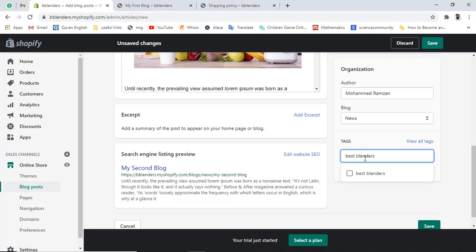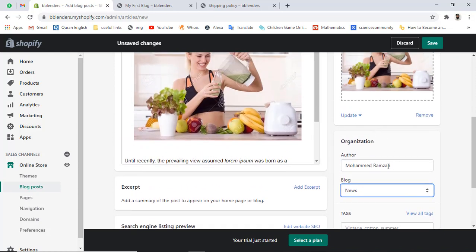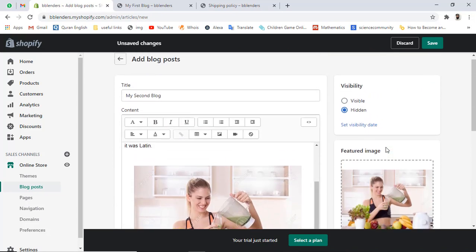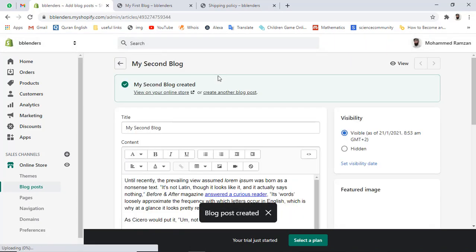Then we have to select the type of the blog, which is news type, then we have the author name, and finally we have to click on visible. Then we have to click on save. So finally we end up creating 2 blog posts.